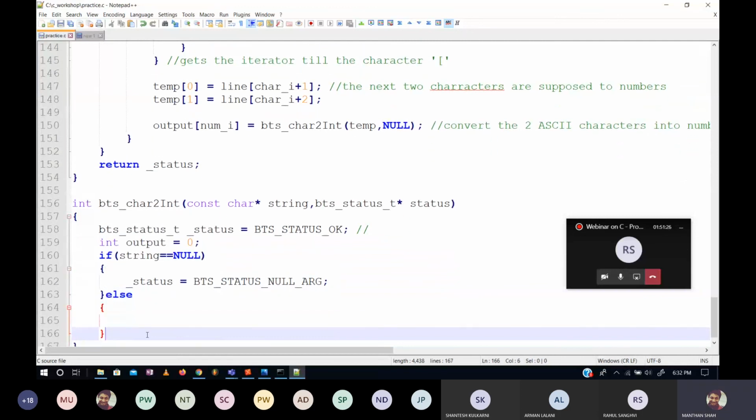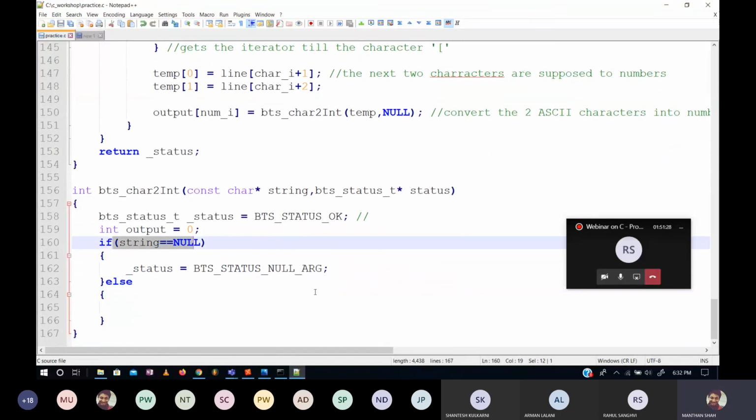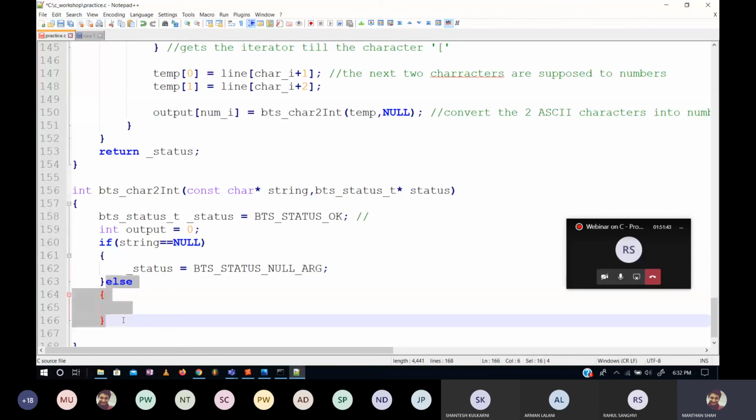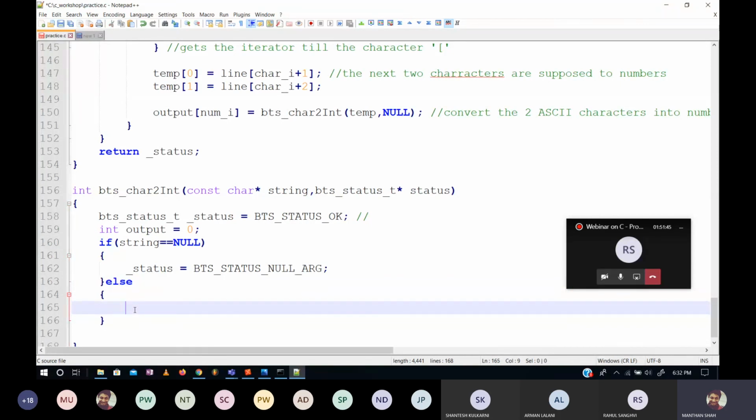else. So as you can see, what is happening here is if this condition is true and the user has actually not provided us with any string, then it will just change this status and it will skip this whole else block. Otherwise, if everything goes properly, then this else block will get executed where our main code will be, where our main code is working. This way we have to check for all kinds of issues first, and if everything is proper, if the conditions are proper, then you kind of implement the function. Okay.